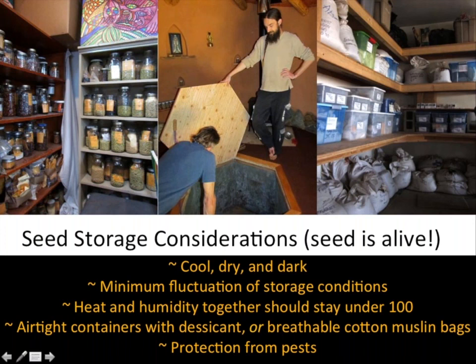You want to have an area to store in where you've got minimum fluctuation of both temperature and humidity. And then you want to think about whether, if you're confident that your seed is nice and dry, and you want to dry it down to about 5% moisture, then you can put them in airtight containers. If you're worried that your seed is not quite dry enough, you can put desiccants in